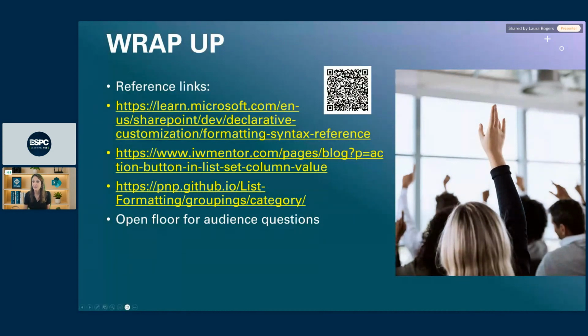And then here is GitHub, where so many people have created all these really cool formatting things that you can do with JSON on your list or library. They've created all this code. There are probably hundreds of code samples out there that you can grab for getting that formatting. And the cool thing is that you can take a splice of code that someone wrote for a certain way to make a column look, and you can use Copilot to adjust it and say, hey, Copilot, make this look this way, or make it say this. And then Copilot can help you write your code. So that's pretty huge.